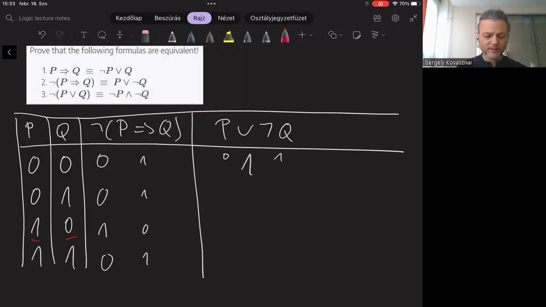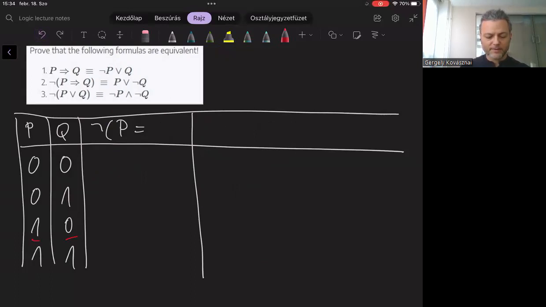And we just found an interpretation where those two formulas evaluate to different values. Since we found such an interpretation, it means that those two formulas are not equivalent. So this means we don't have to continue. We don't have to deal with the rest of the interpretations. We found a counterexample. Those two formulas are not equivalent. Okay, so this concludes the second part of the exercise, and now let's evaluate the formulas in the third part.